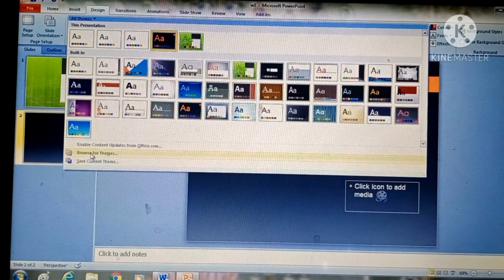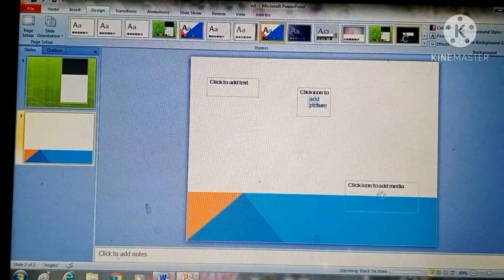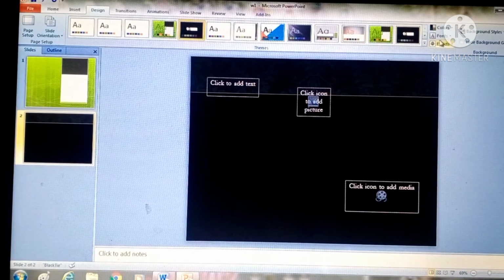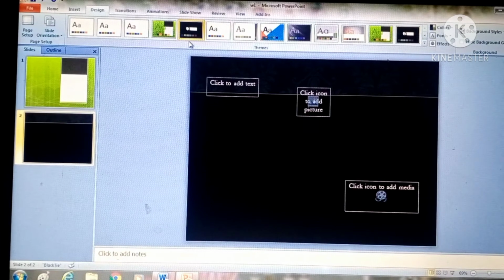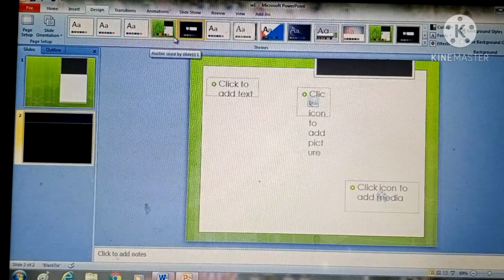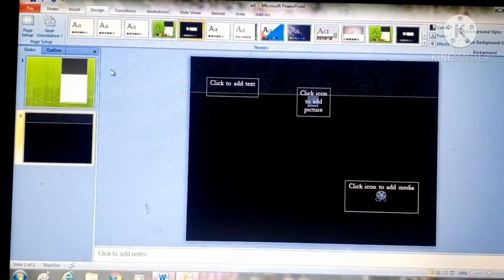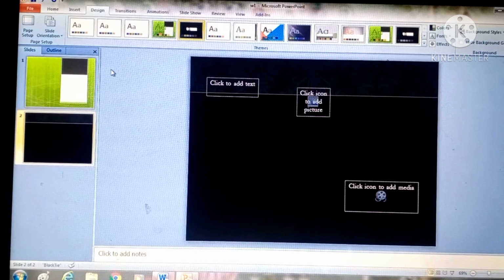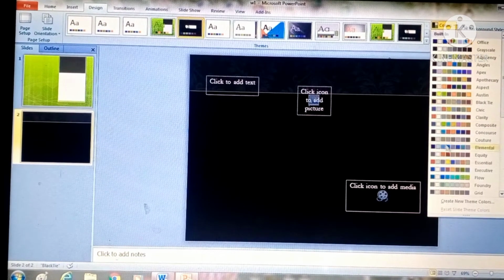Now if you want to apply to all, for example, I have clicked on this. By this method you can apply your color scheme to everyone. From here we can also give colors, different colors.